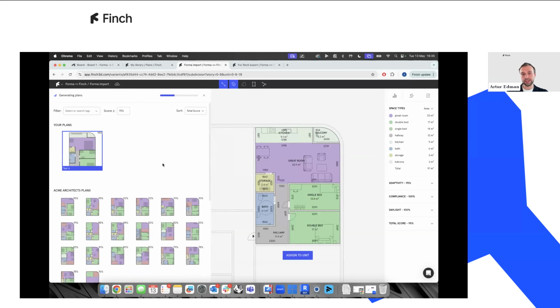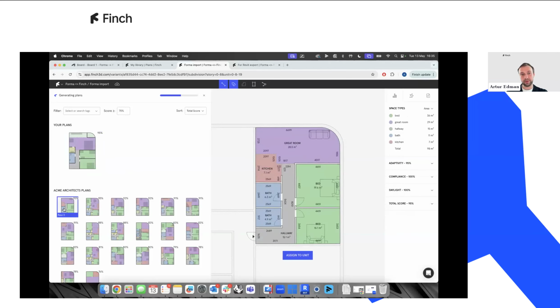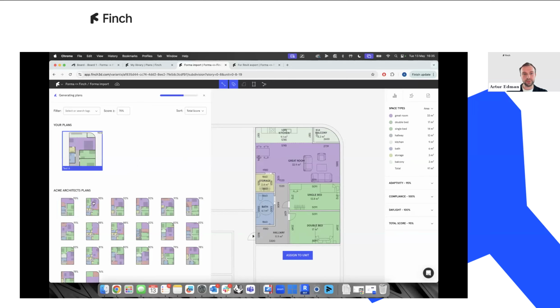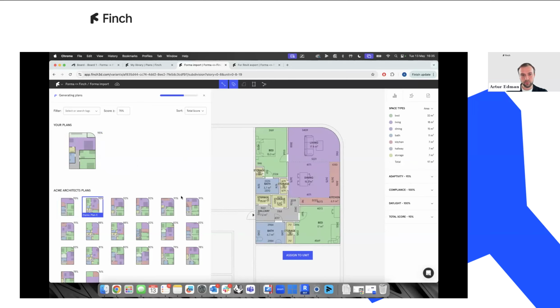We rank all of these results. So the plan I have in my own library is a 95% match, and you can look at more about this in terms of adaptivity, compliance, daylight, and then the total score. That's what we base it off of. And also this plan from Acme Architects has a very, well, identical rating. I think I'm going to go for this one, but just to show you what else we have to choose from,